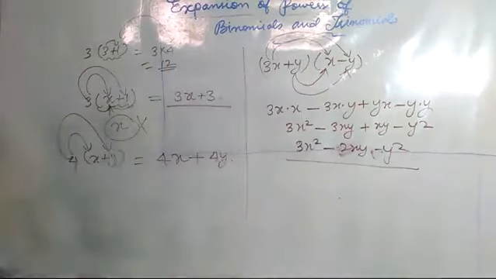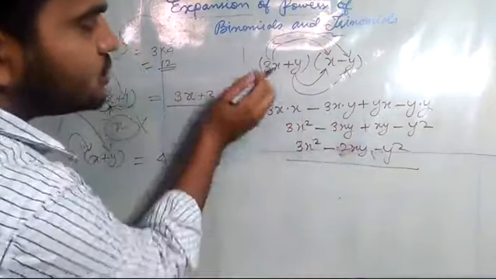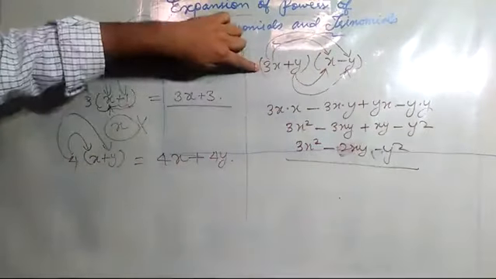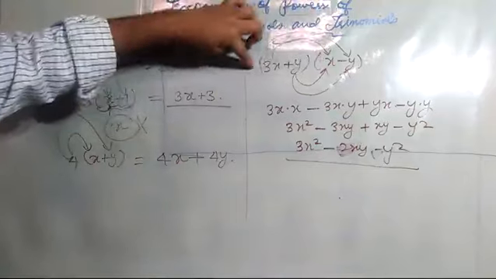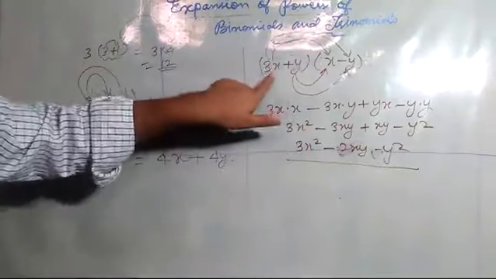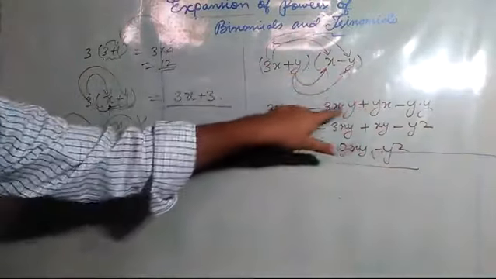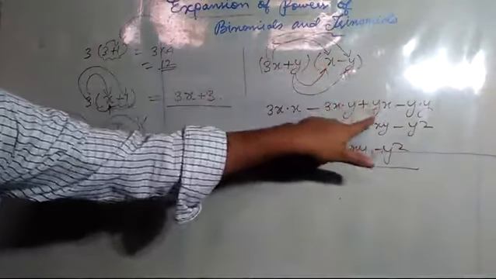I hope it is clear. How you are going to see, you need not worry about this minus plus. You have to see the numbers and the sign in front of it. In front of this number it is plus 3x. In front of this again it is plus x. So plus 3x into plus x will be equal to, like this we will write. Then plus 3x multiplied with minus, plus into minus is minus. So I will put the minus sign and then write this. Then plus y into plus x. Again I wrote plus into plus is plus.